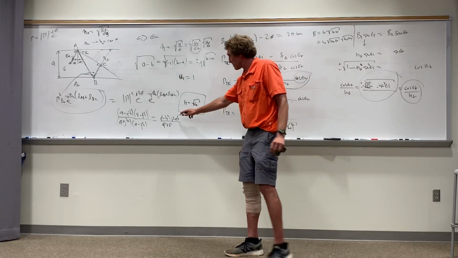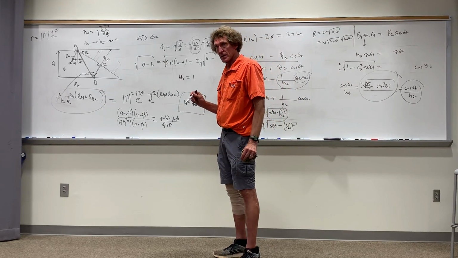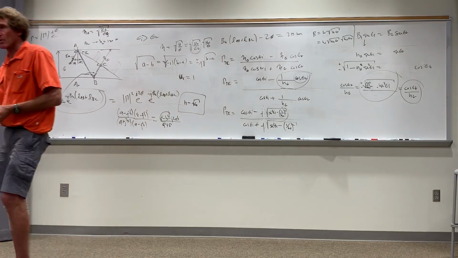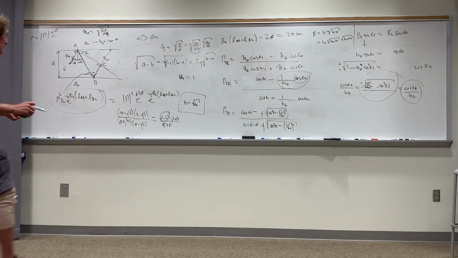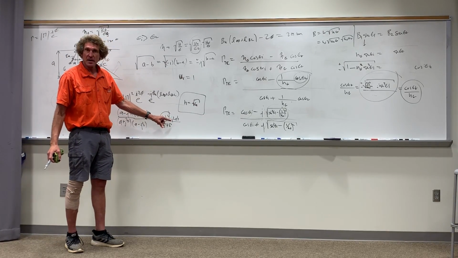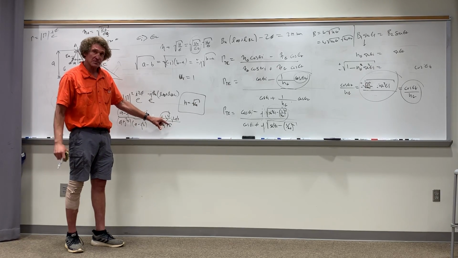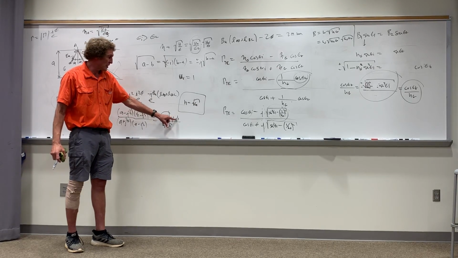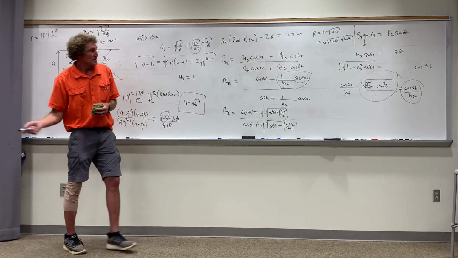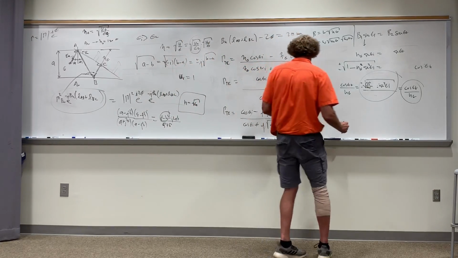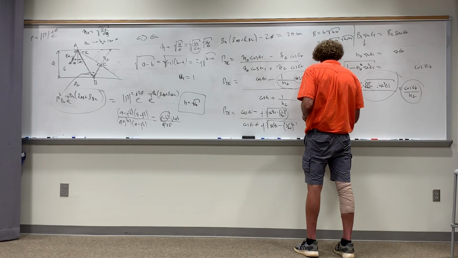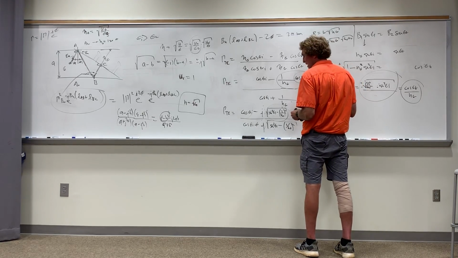What's the phase of that? Well, do you agree that A squared minus B squared is strictly real? You all agree? And this is strictly imaginary, isn't it? So what would the phase be? It would be the inverse tan, plus or minus, by the way, the inverse tan of 2AB divided by A squared plus B squared. Do you all see that? So what it amounts to is this phase angle here is going to be tan minus 1, and it has to be a plus or minus here, of